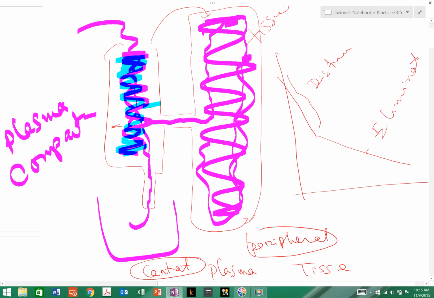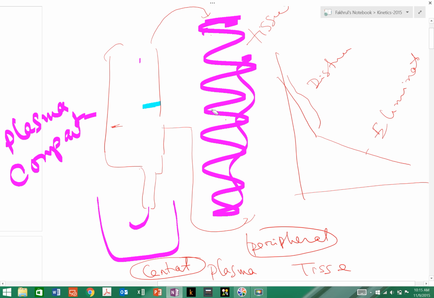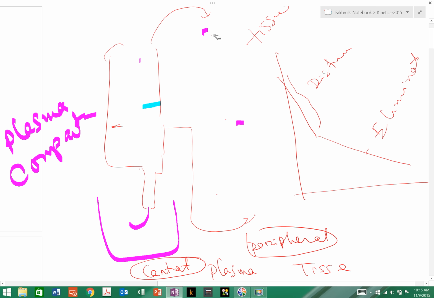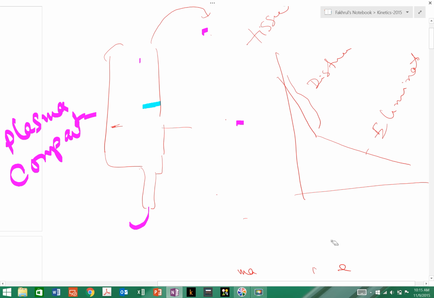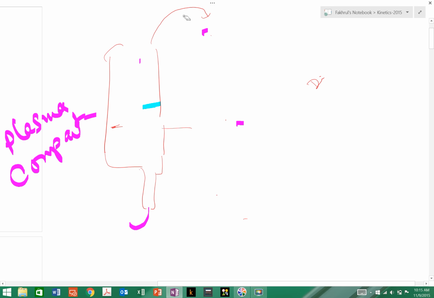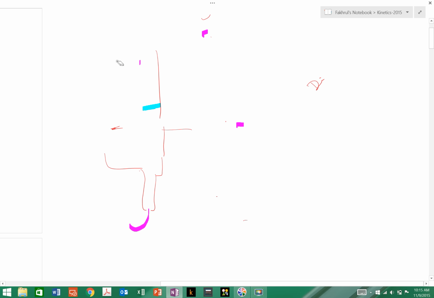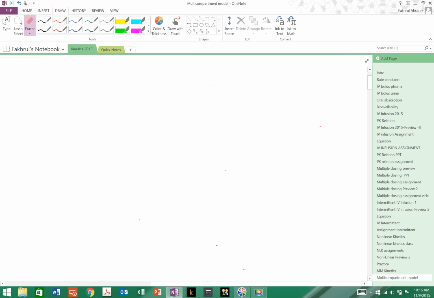So this concentration is decreasing because of movement of drug from this compartment. So again, if you understand this concept, I'm spending a lot of time on this so that I can make you understand this compartmental model, which I never understood as a student. So let's go back to